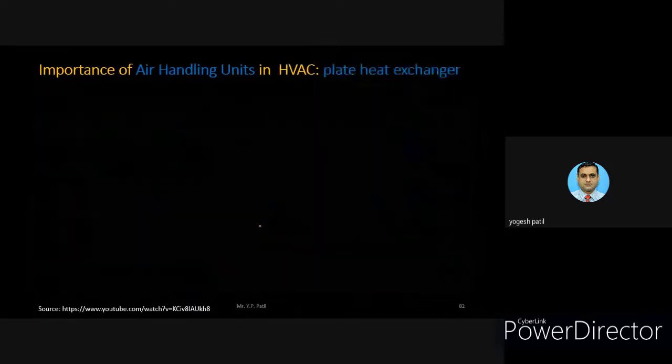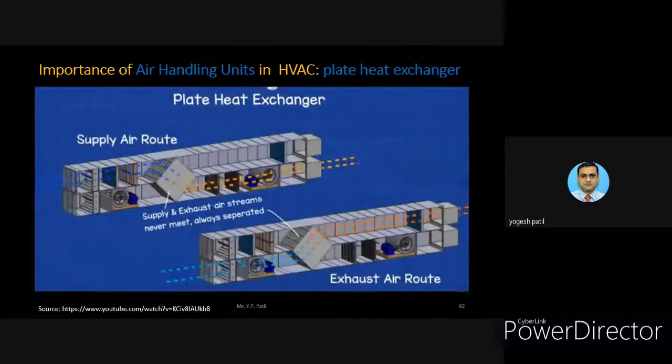Now the last part of this air handling unit is the plate heat exchanger. In some air handling units, the thermal wheel is not used, but is replaced by plate heat exchangers. Such plate heat exchangers are incorporated in between too. We know the role of a heat exchanger, which can be used for the exchange of heat. So plate heat exchangers are sometimes used to do this particular